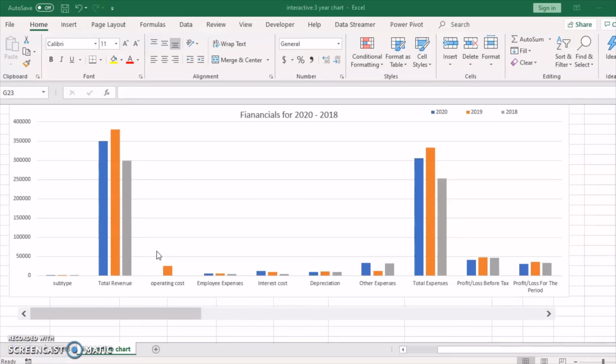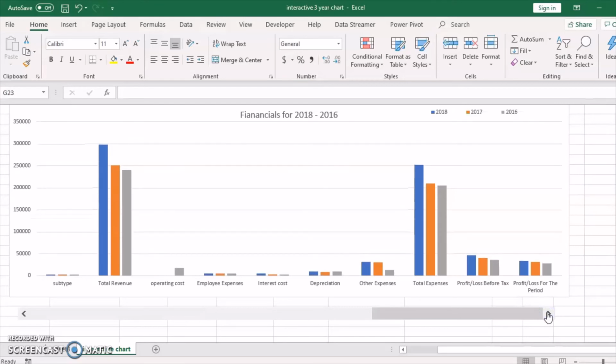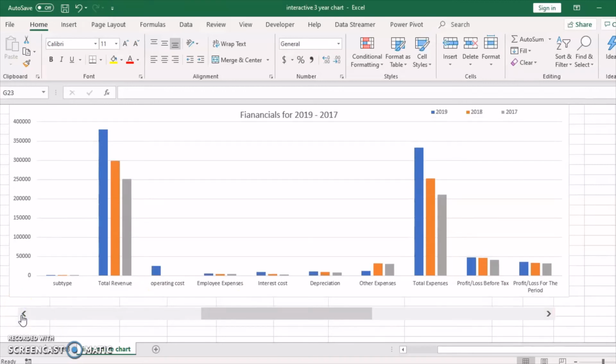Another chart option that we will be teaching you is how to create this type of chart. That is, you have a scroller here, and with the scroller you can move, and you can see that the years will change along with this. So you can see there is a change. The first time it shows 2016 to 2018, then it shows you 2019 to 2017, and then it shows you 2020 to 2018. So how to create a chart like this is the other option in chart options.